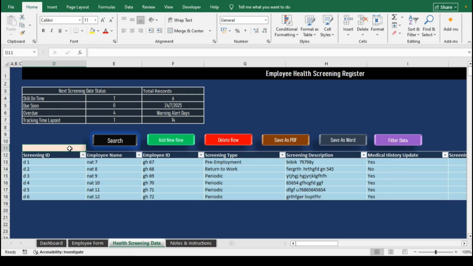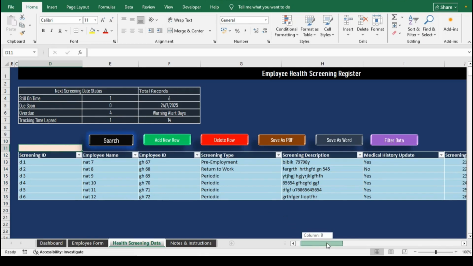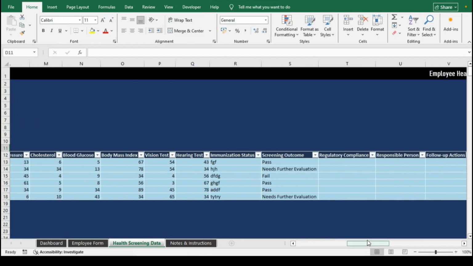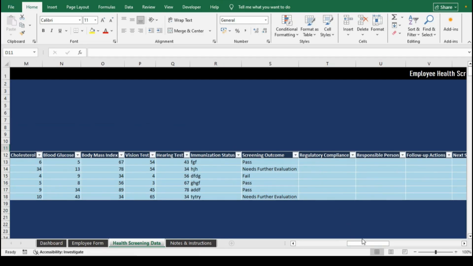In our setup, cell D11 serves as the designated search box where you will enter the names of the items you wish to locate. Let's see how this process works in action. To search, you have to enter the item name in cell D11 and then click the search button to find matches. This is the table overview, where you should enter data according to the corresponding column headers for accurate organization